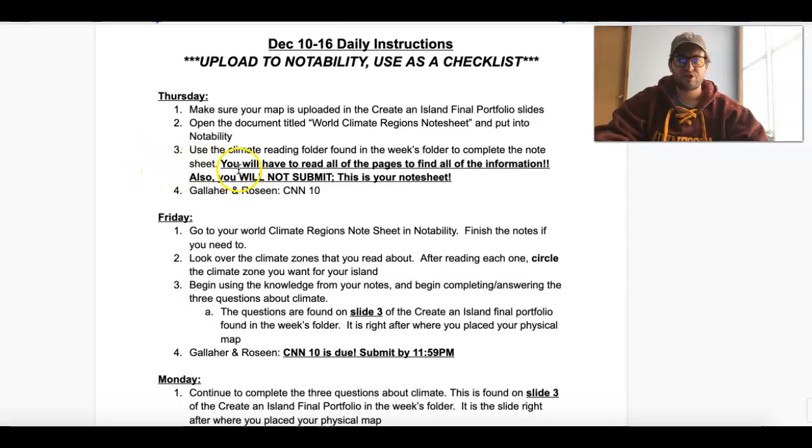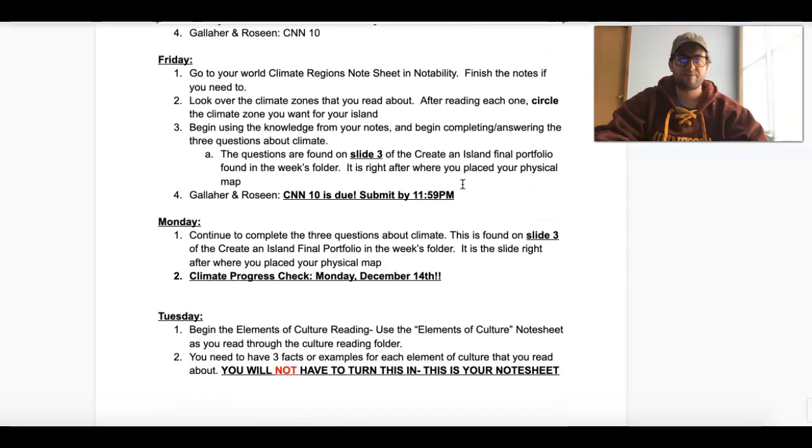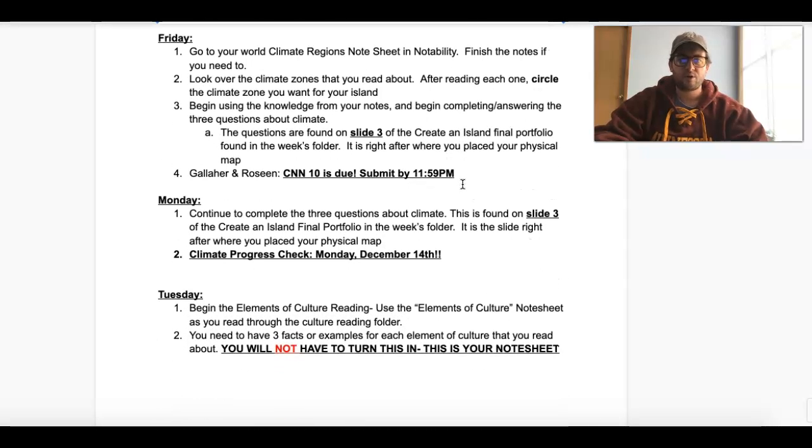All right, these are just notes. You do not need to submit anything. So please keep these notes so you can complete the climate portion of the island, which we will start on Friday. So Friday, you are going to go to your World Climate Regions note sheet that you took notes on